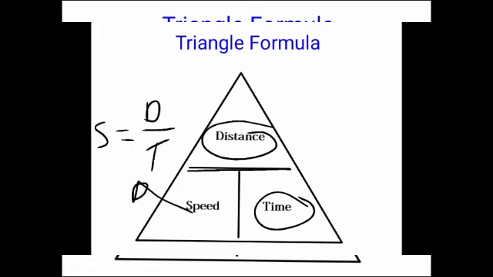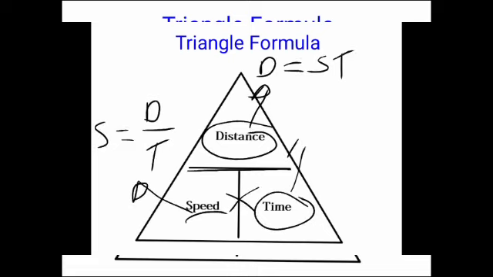Let's assume that you've been asked to calculate distance. You pick distance, since it's the one you've been asked to find, and say it's equal to, then you look at speed, time is time. So you say speed times time. If you've been asked to calculate time, you pick time and say time is equal to the ratio, distance over speed. So it will be distance over speed.